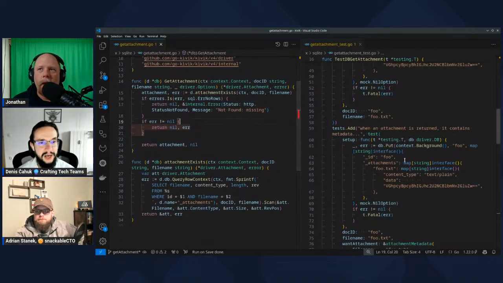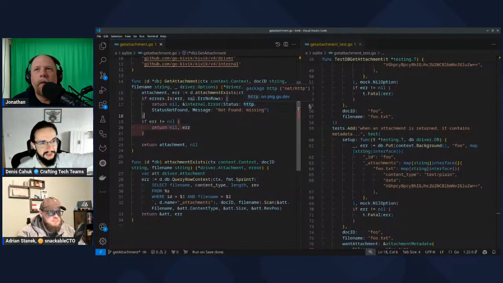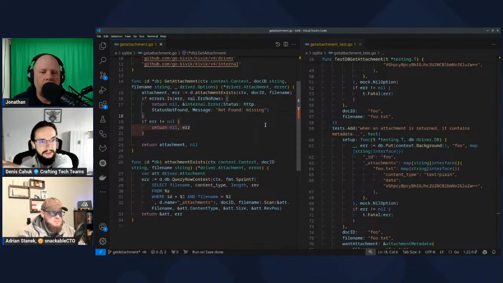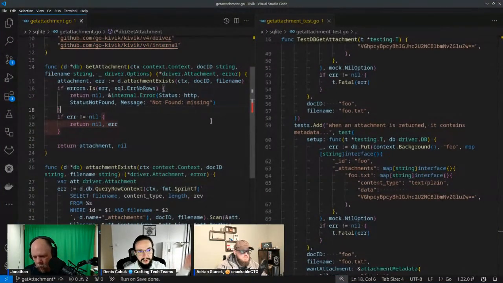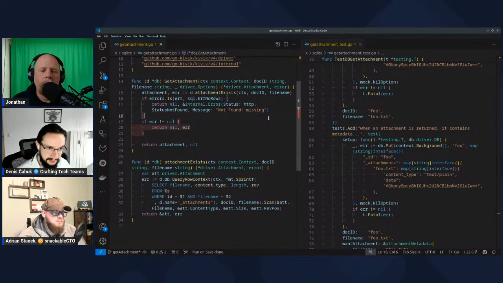Right, because now we have this not found message in only one place. I wouldn't want this error message to be in more than one place. Because we only have one test for this scenario. We said when it doesn't exist, it says it was not found, missing, with 404. I don't want multiple tests for that. So for the tests that test existence, I wouldn't repeat 404 not found over and over. I would maybe group them together and say this is what existence means.